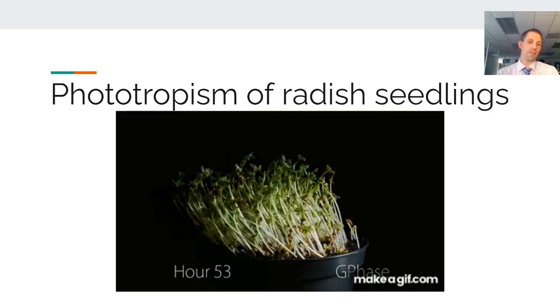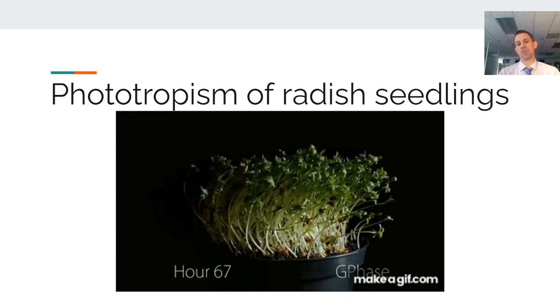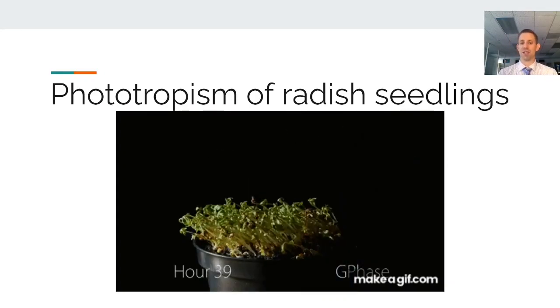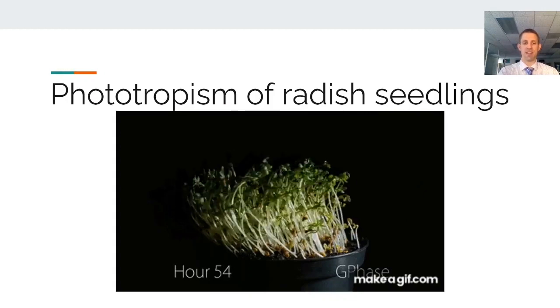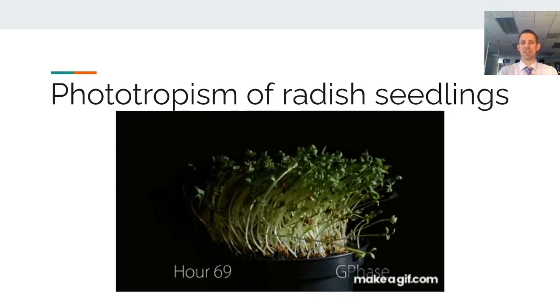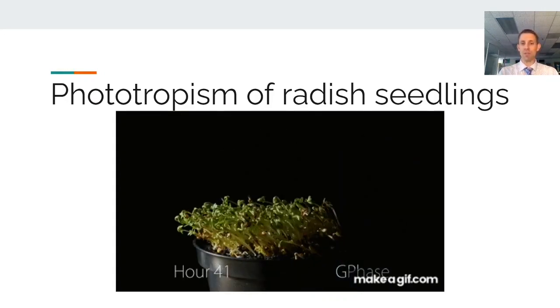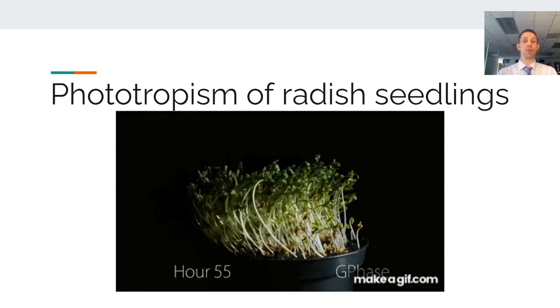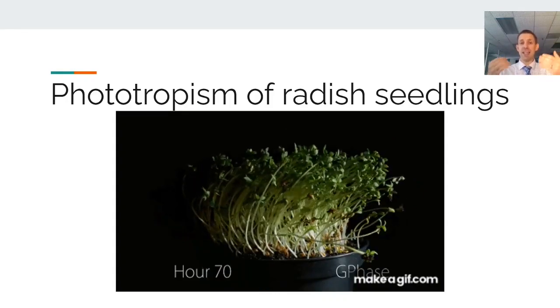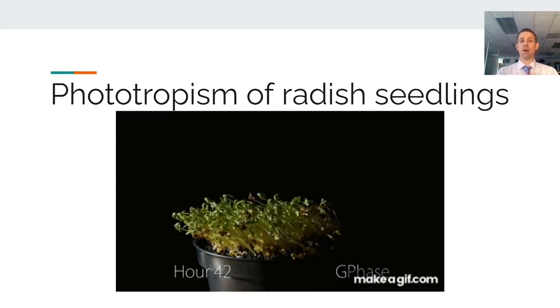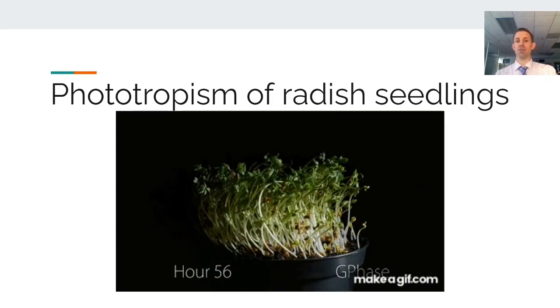It starts off over on the left and the light is switched over to the right, and notice how the plants shift in their direction as they grow. Of course, this is a time lapse here, so this is not happening this fast, right? This is taken over the course of a day or so, but it's a really unique and interesting property for plants to be able to increase their intensity of light by growing in the direction of the light source, again